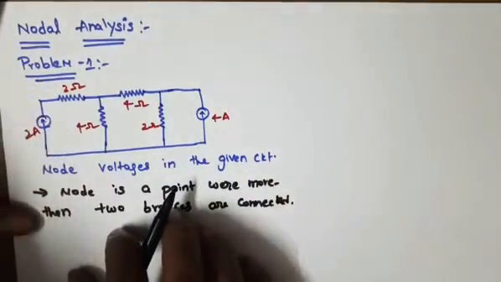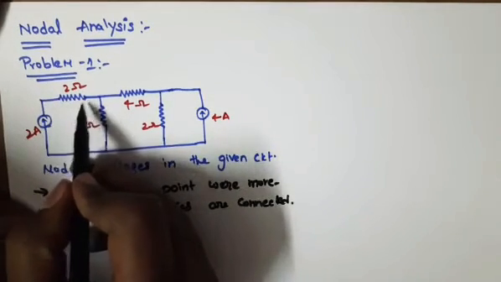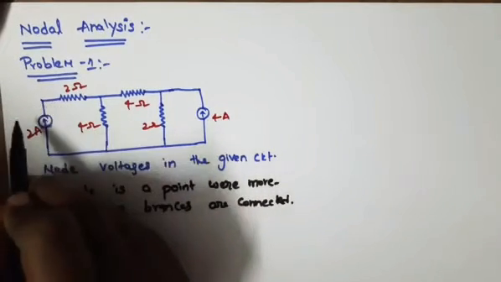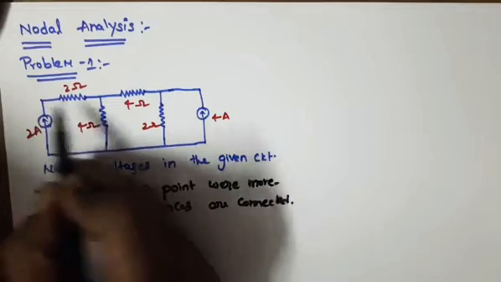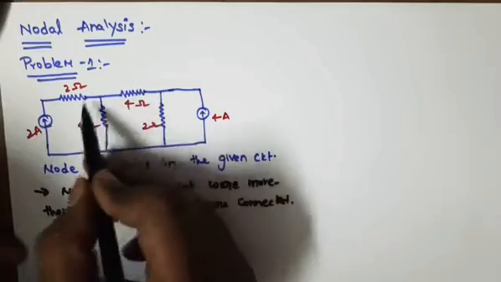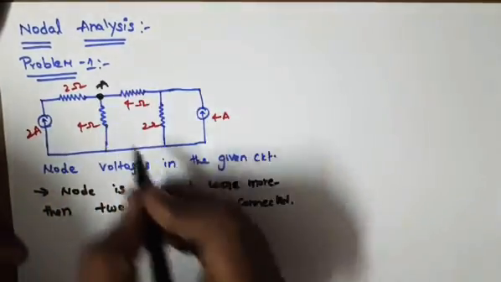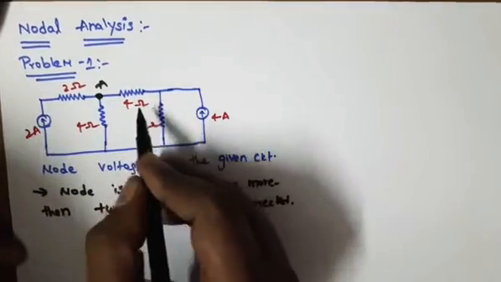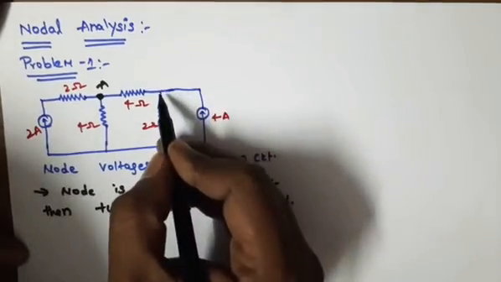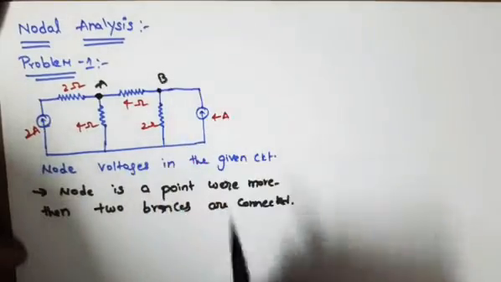Okay, so now we are going to find the nodes in the circuit given in the circuit diagram. See, here is an element, so there is a branch, and here also one element, a resistor, and here a current source is the element. So here only two branches are connected at this point, so this point is not a node. Coming to here, see, one 2 ohm resistor, a 4 ohm resistor, another 4 ohm resistor, so totally three branches are connected at this point. So this is a node, let it be node A. And coming here, see here a 4 ohm resistor is connected at this point, a 2 ohm resistor is connected at this point, and a 4 amp current source is connected. So three branches are connected here, so let it be point B.